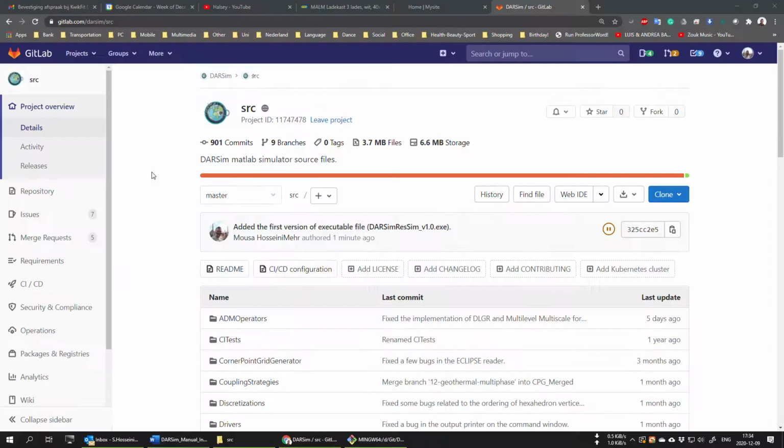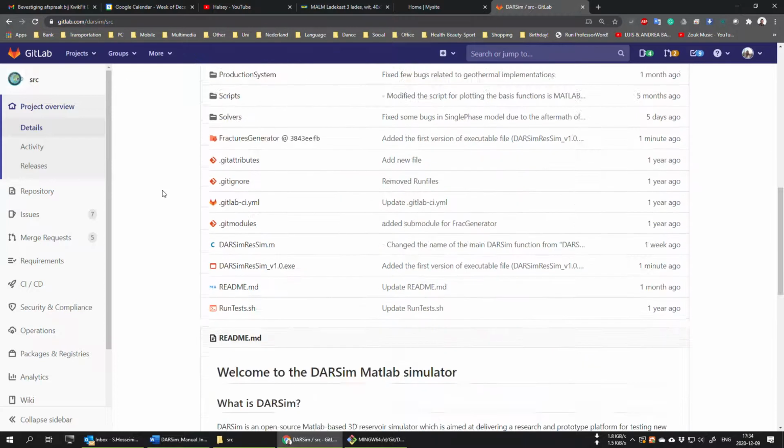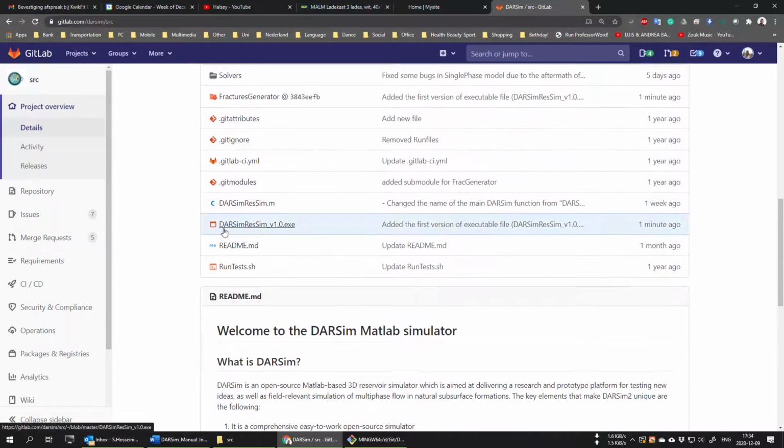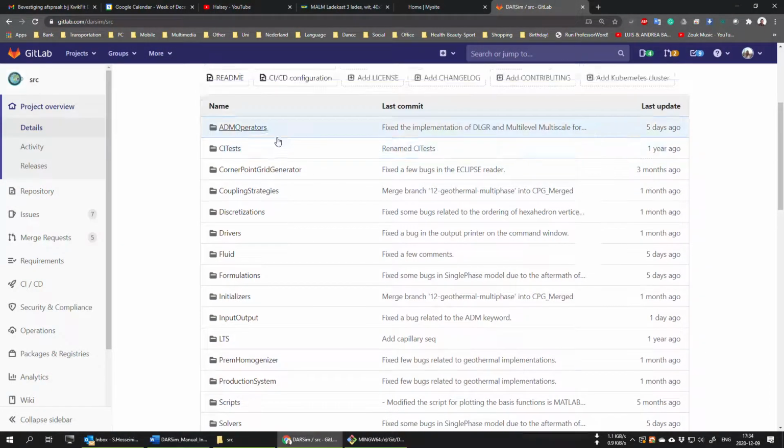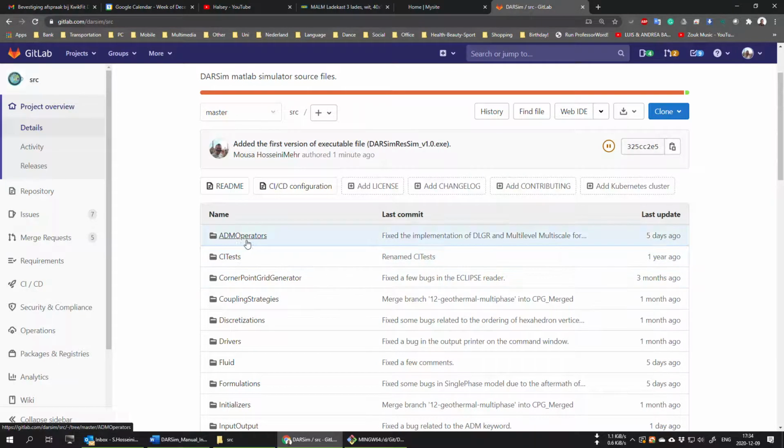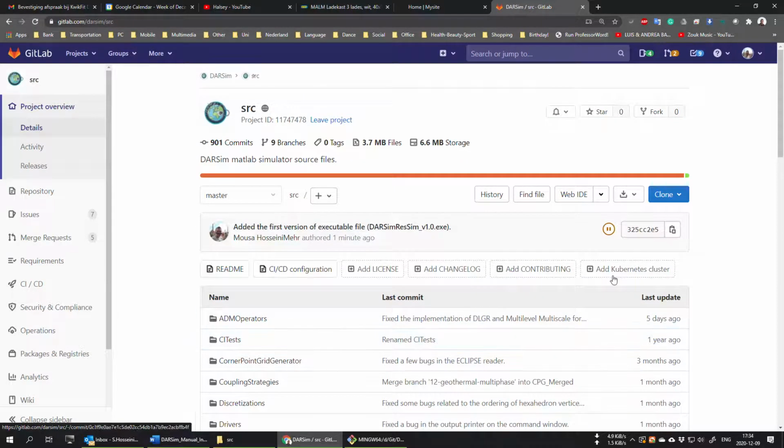In order to do so, please go to the GitLab repository of the source file of DARSim, src, this is the address. You will see that there is a file called DARSim ressim. At the point that I'm recording this video, it's the first version 1.0. Please download the entire package, the entire src folder. You can use the download button and then download the zip version, and then once it's downloaded you can easily